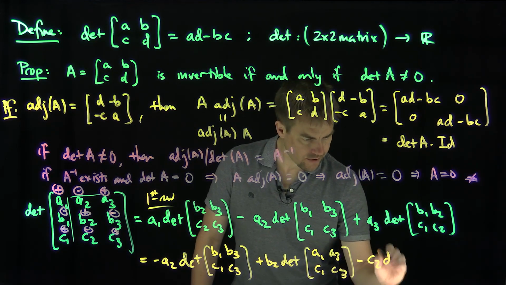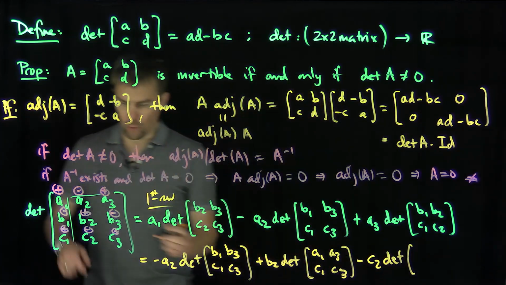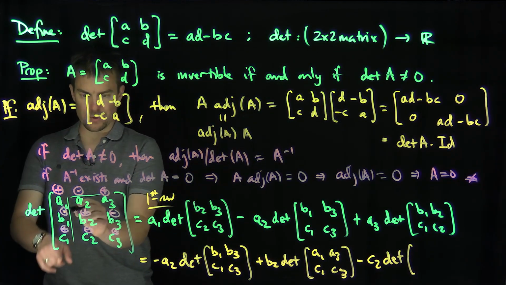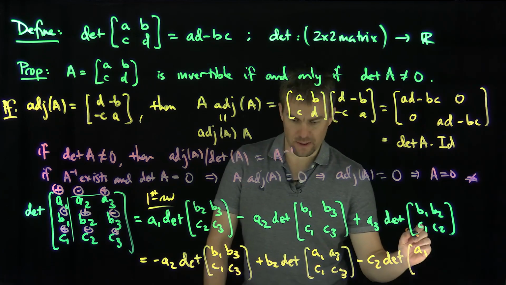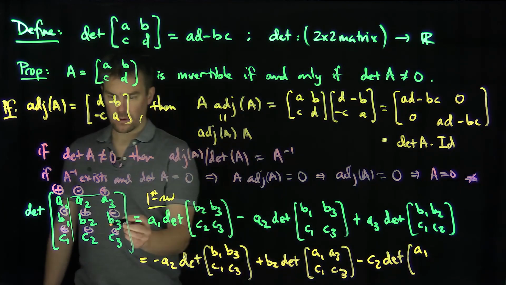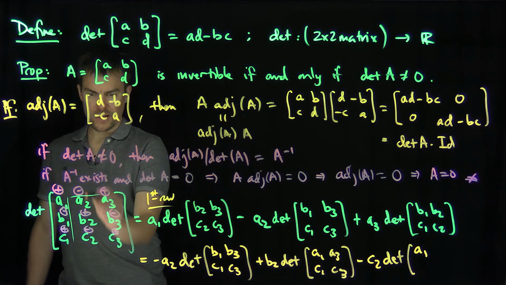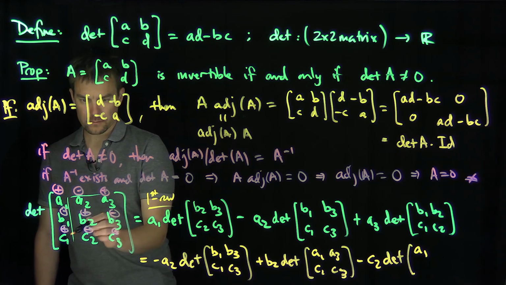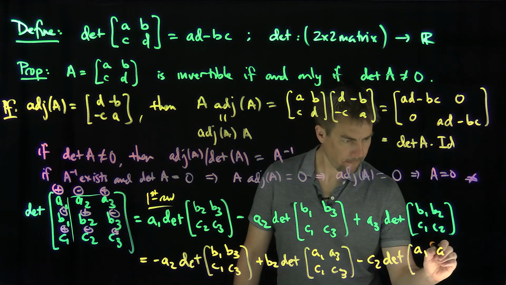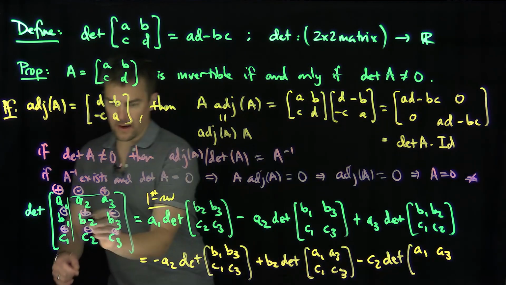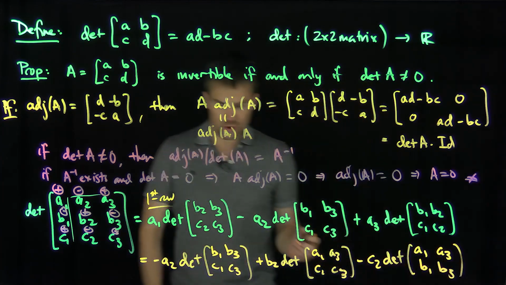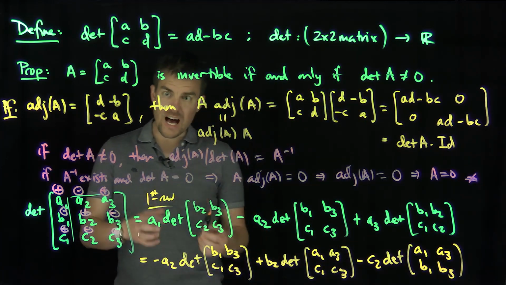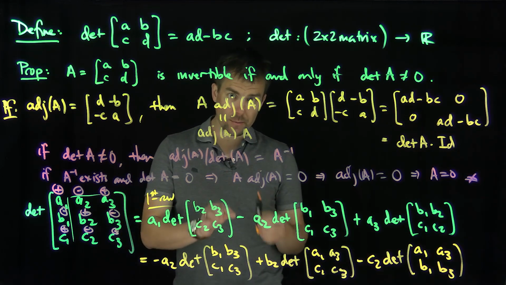C2 times the determinant of what we get when we punch out the row and column in which C2 resides. So I have A1, A3, B1, B3. Now we can check over here what is one common characteristic of the terms in these determinants